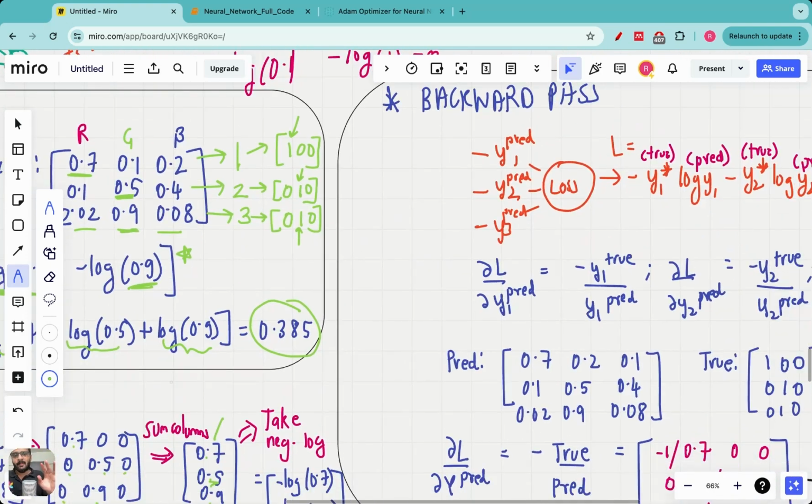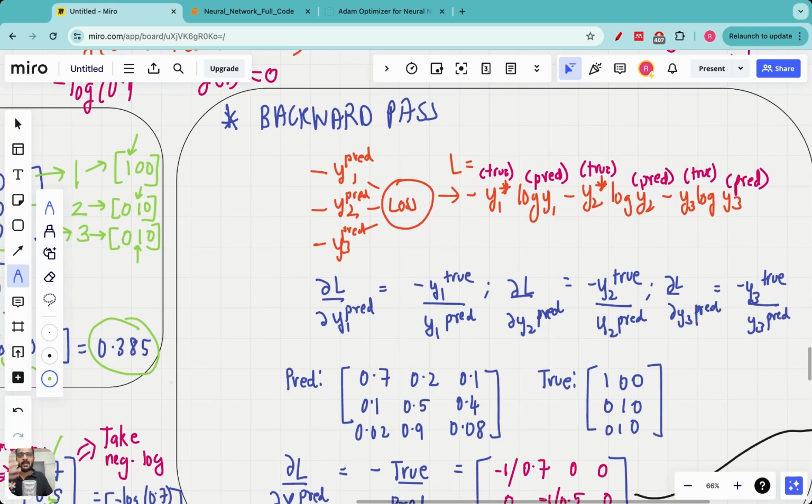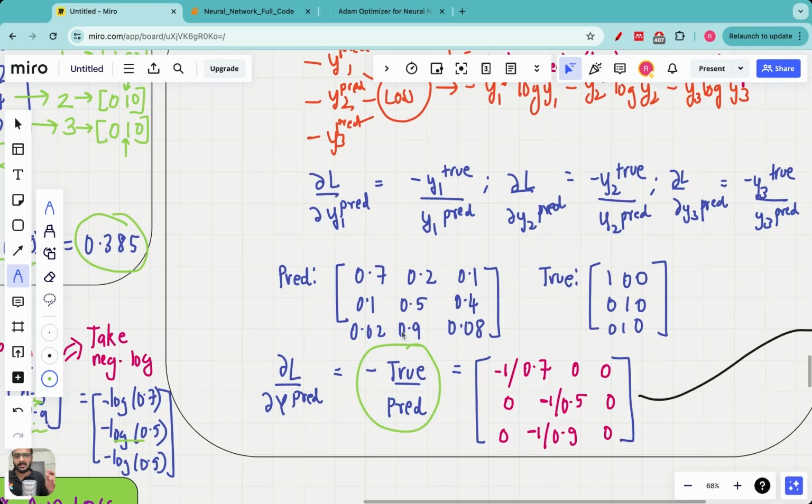To do the backward pass in the loss function, we will need to find the partial derivative of the loss with respect to the predicted values. And this actually leads to a simple answer, minus true divided by predicted. But I'm not going to go through this right now because